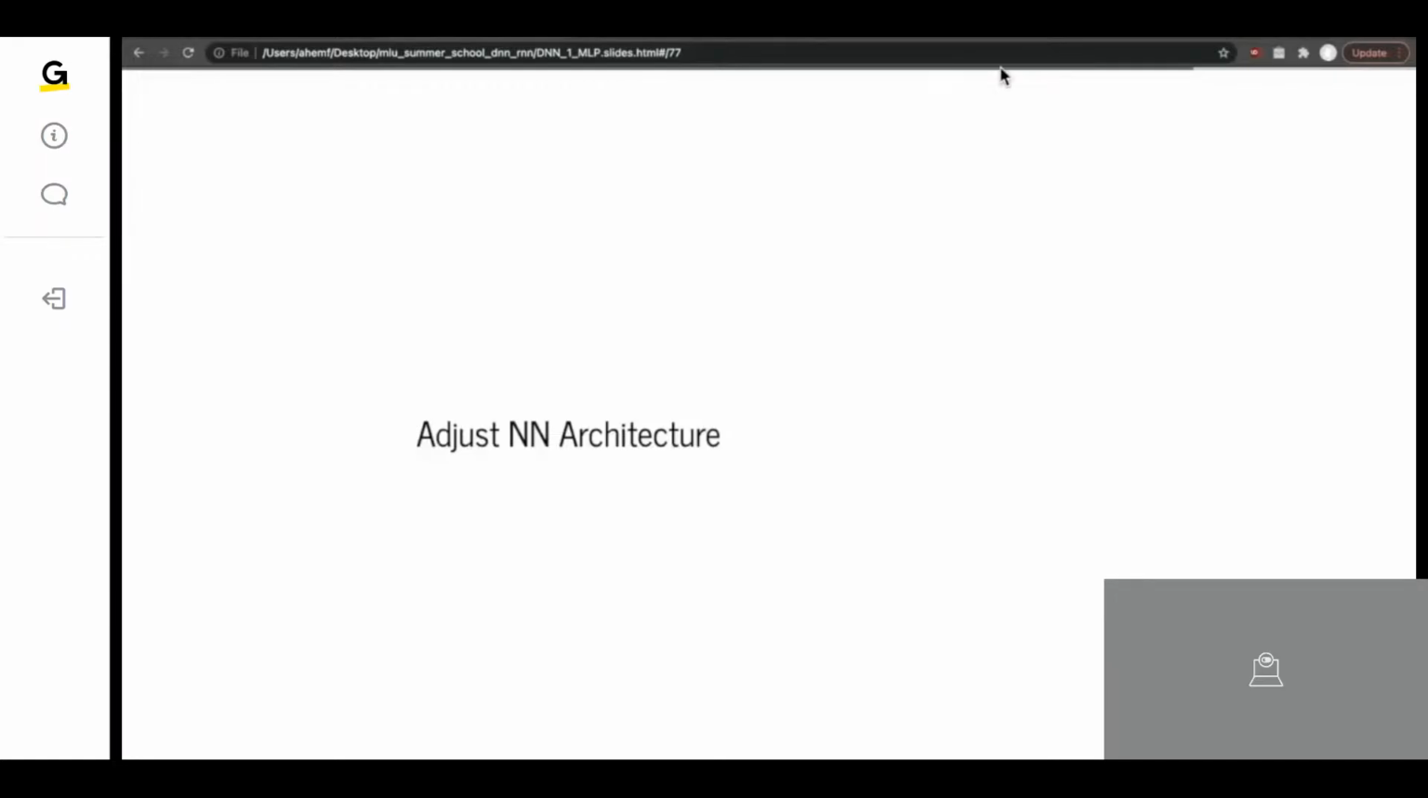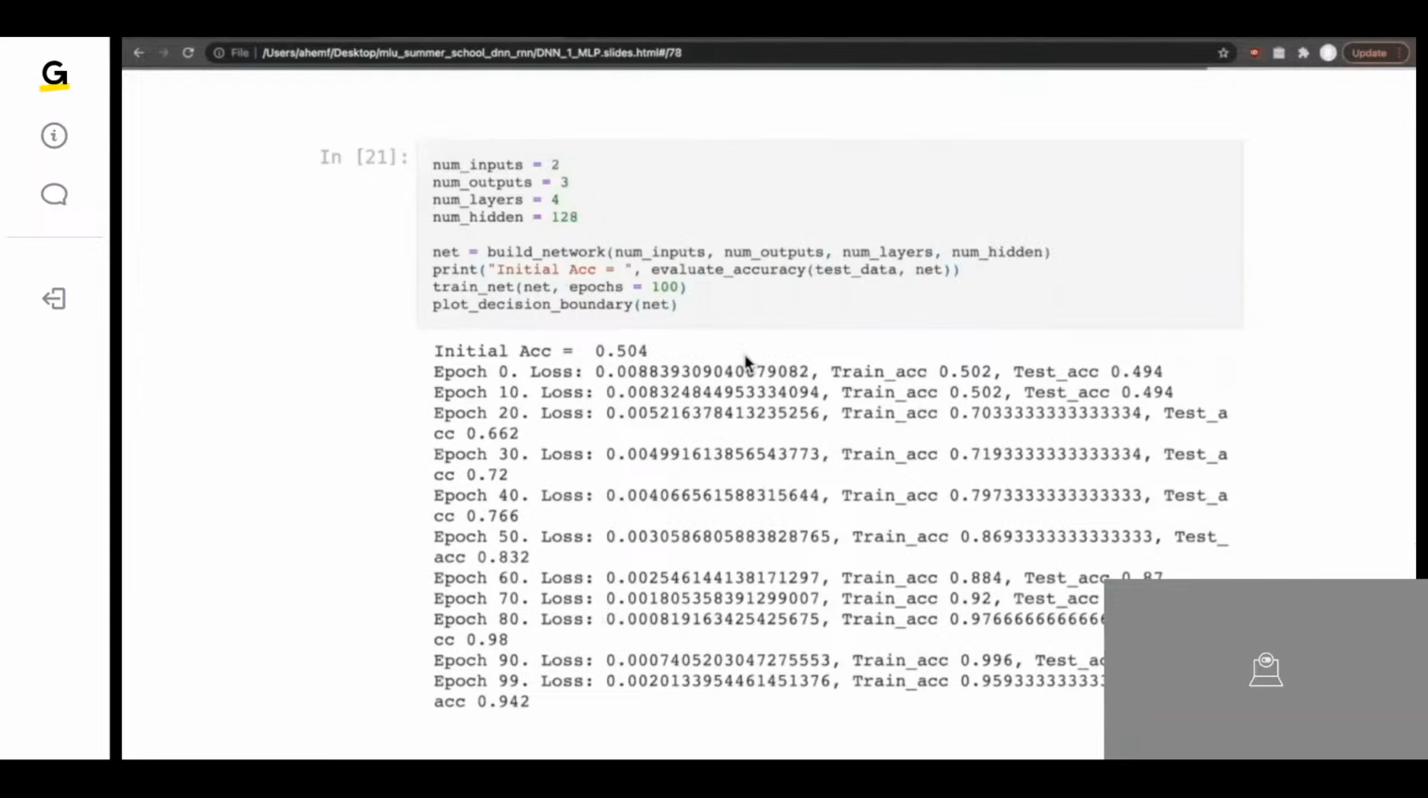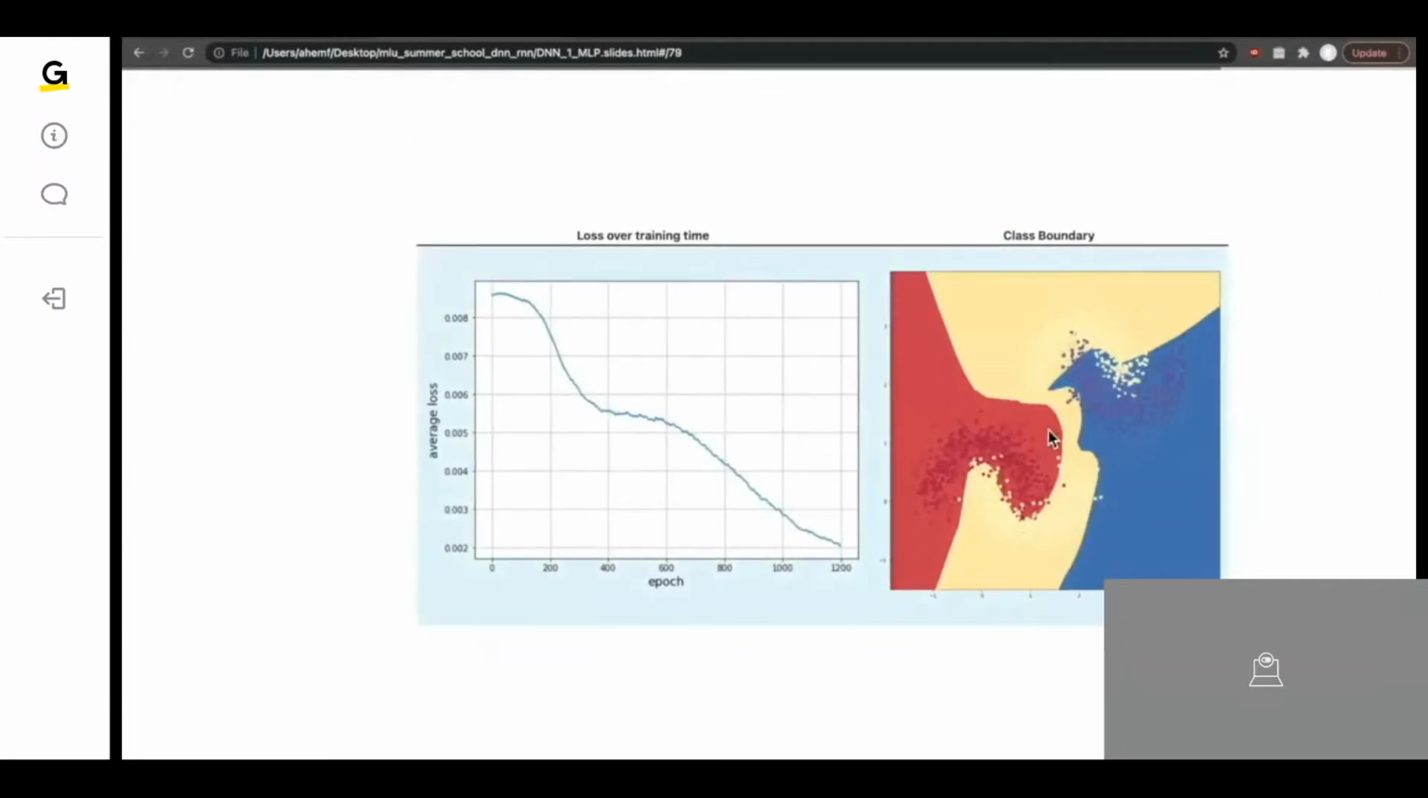So some of the other tips and techniques that we use to increase performance are like we can adjust the neural network architecture. For example, I can take 128 perceptrons in each hidden layer, and I can also increase the number of hidden layers themselves. Using this, we can notice that our network is now able to get an accuracy of 95% in train and 94% in testing. So it produces a boundary which looks like this, which is able to do classification of